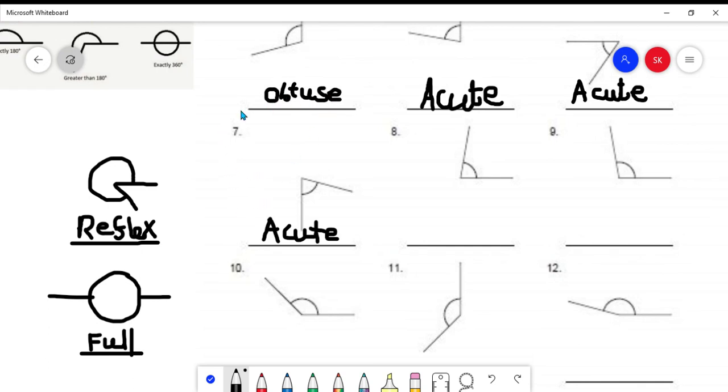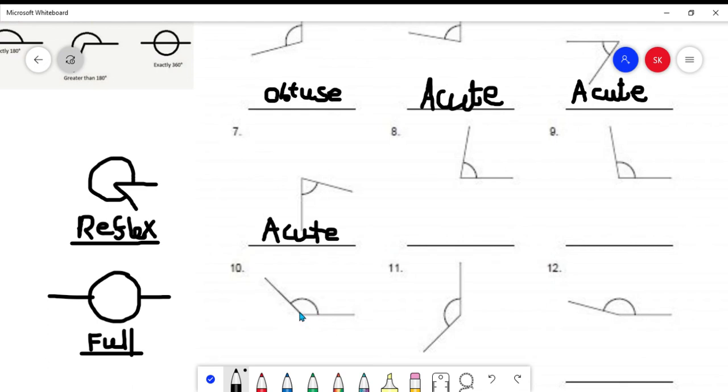So obese angle, obtuse angle. You can remember it like that. Reflex is kind of self-explanatory: it's round, and a full circle. You may have your own ways. These are my ways to remember these